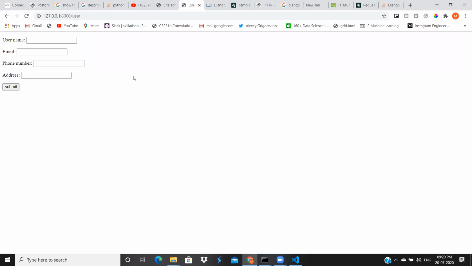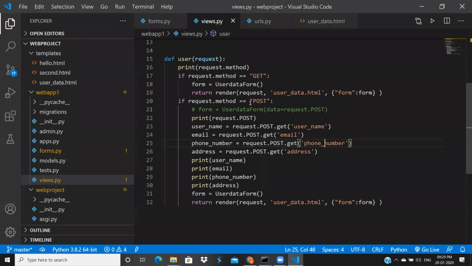If you take any web application, that may be Amazon, Flipkart, or LinkedIn, anything, they will do the same thing. From forms, you will take information to the server. You will get that information inside these views, inside this post method only. You don't get data in the get method. In the get method, you have to give resources to the user. That may be a form, a file, or information. We don't know that. But get method means we have to pass information to the user.